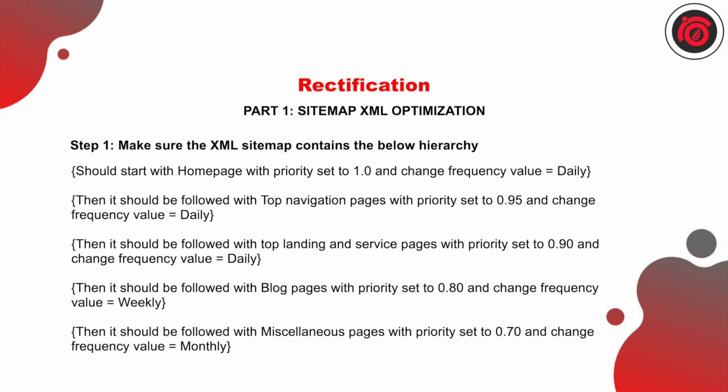For the blog pages, you can change the frequency value to weekly, and the priority setting you can keep anywhere between 0.8 to 0.9. It doesn't matter that much, but blog is something you don't update as frequently. Maybe you post 2 to 3 blogs per week, so a weekly frequency setting is more than sufficient. Apart from that, for any other miscellaneous pages, you can keep the priority setting not less than 0.70, and the frequency setting can be monthly. So that optimizes the frequency of the crawl requests, which set of URLs needs to be crawled more often